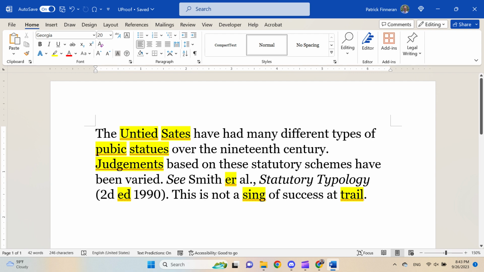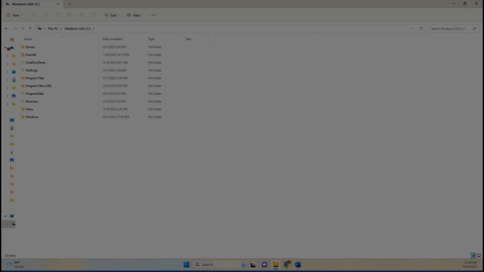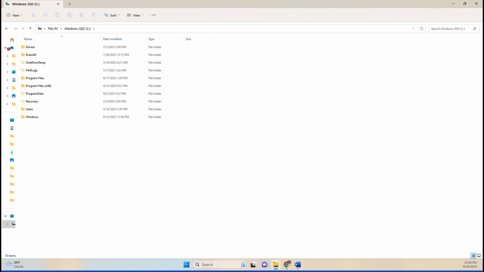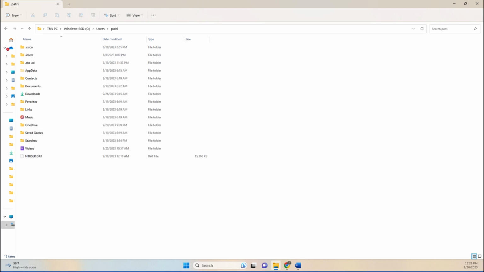Let's go through how to set up an exclusion dictionary. First, let's go through the instructions for a Windows 11 operating system. Start by opening up a File Explorer window. Then click on the C drive, the Users folder, your username, and then click on the folder App Data.